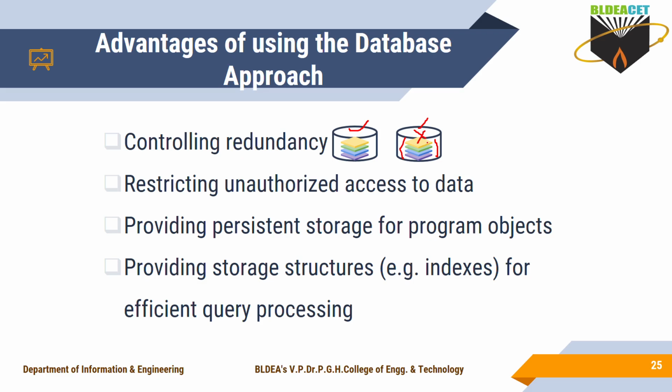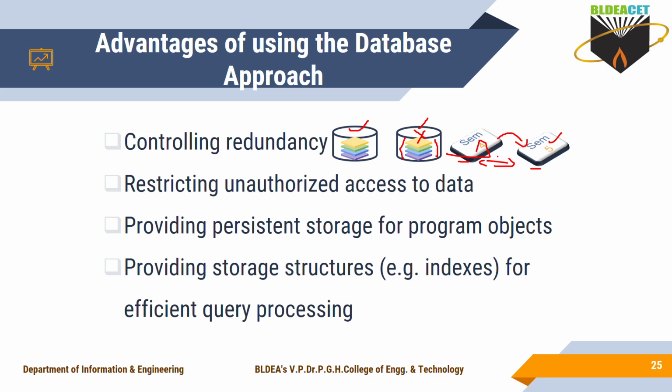Next, one more advantage: I'll take the example of your own student records. Assume that SEM is one of the data fields and I maintained this data multiple times. Now you have been promoted to fifth semester, but I forgot to update that record in one place, though I updated the SEM data as 5 in another. See, in this record it shows SEM as 4 and in this record it shows SEM as 5.